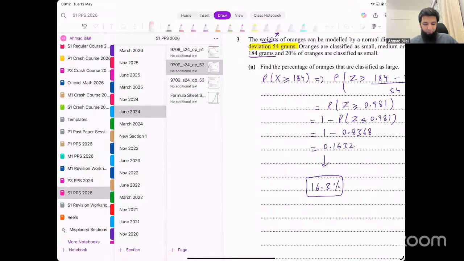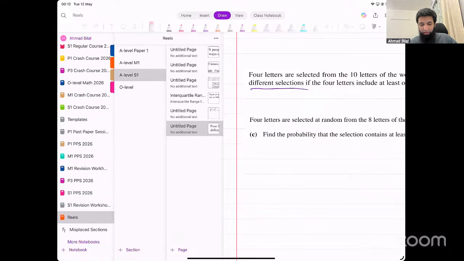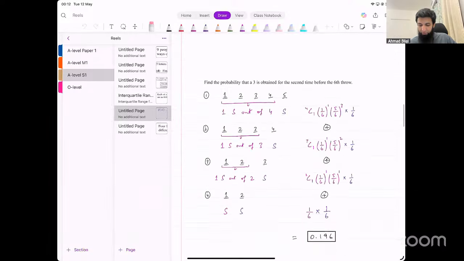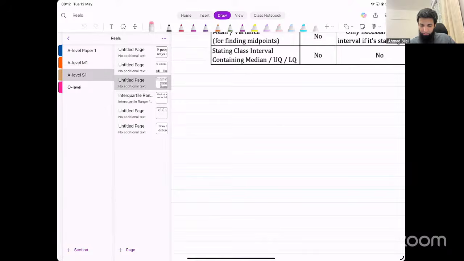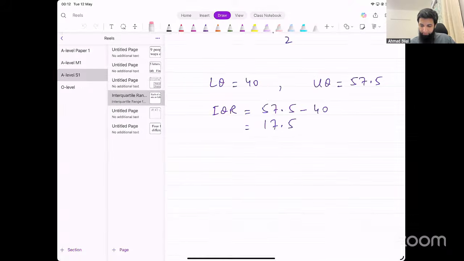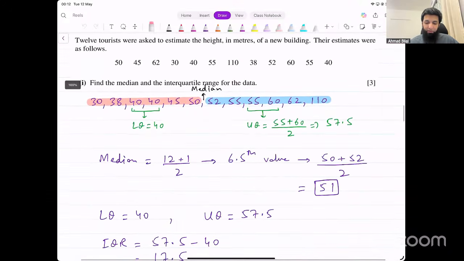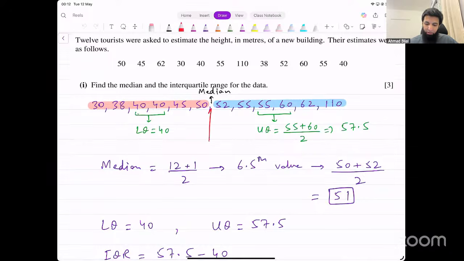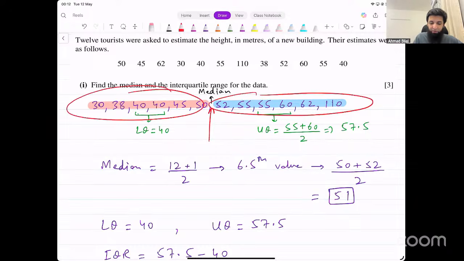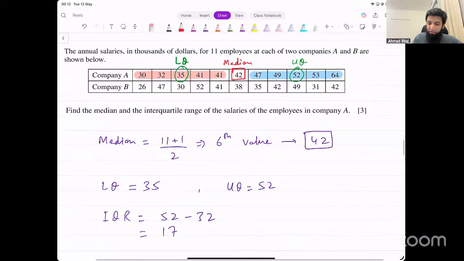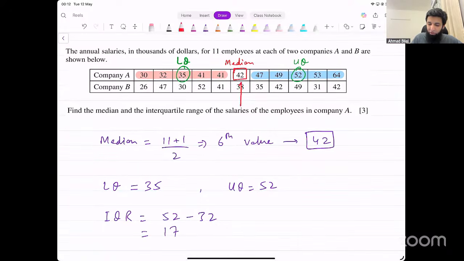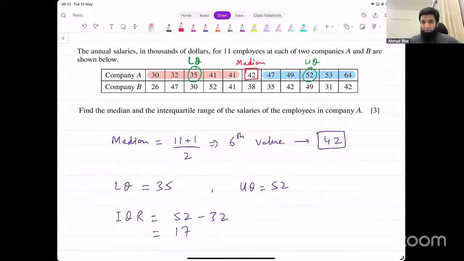उमर, वो ऑड और इवन पे में डिफरेंट होता है ना, कि वो मीडियन वैल्यू इंक्लूड करेंगे या नहीं करेंगे, वो इवन और ऑड में डिफरेंट होता है। अगर आपकी इवन नंबर ऑफ वैल्यूज होंगी तो मीडियन जो है वो दो वैल्यूज के दरमियान में आता है, तो इसमें तो एक राइट साइड वाला हाफ बन जाएगा, एक लेफ्ट साइड वाला हाफ बन जाएगा। अगर आपके पास नंबर ऑफ वैल्यूज ऑड हैं, तो उस केस में मीडियन is going to be one value in the data। यहाँ पे for example 11 वैल्यूज थी, तो ये 42 was the median। तो इसमें आप मीडियन को एक्सक्लूड कर दोगे, ये राइट साइड वाला पार्ट होगा और ये लेफ्ट साइड वाला पार्ट होगा। उनके मीडियंस लोअर क्वार्टाइल और अपर क्वार्टाइल होंगे। ठीक है।